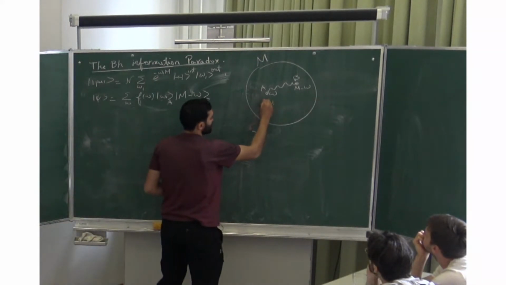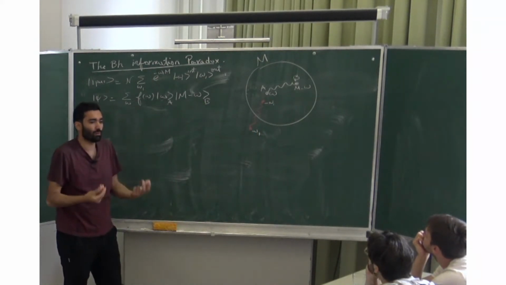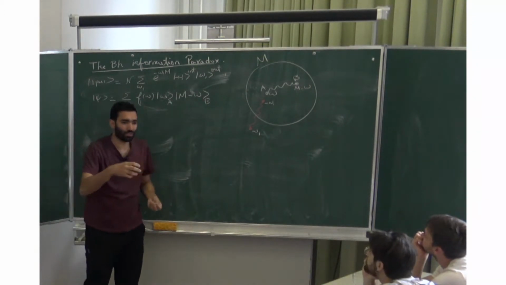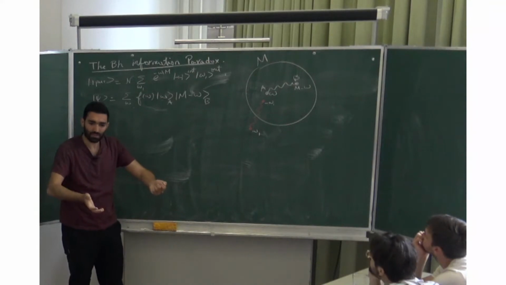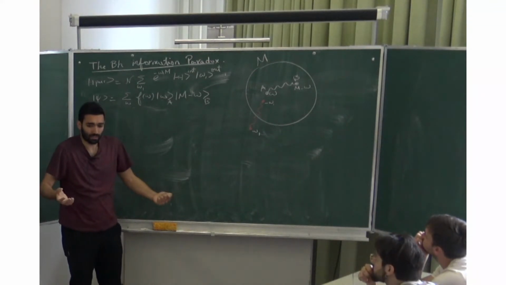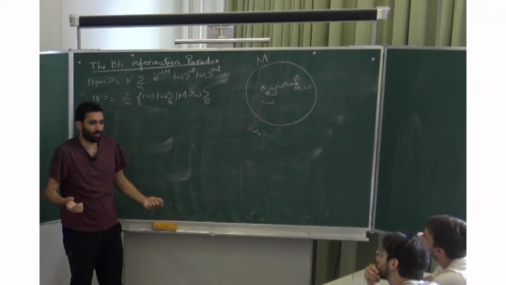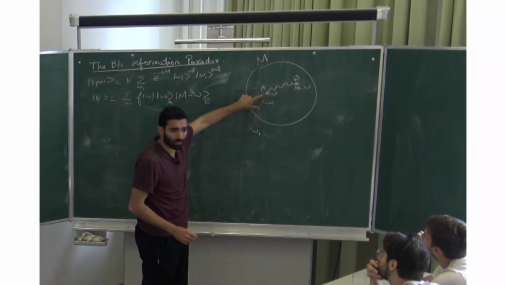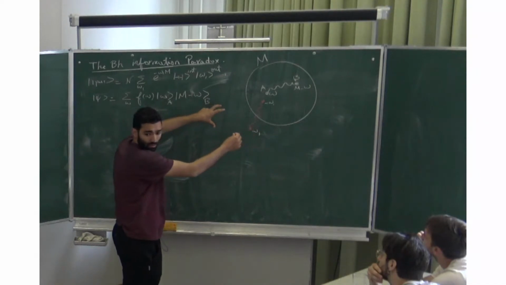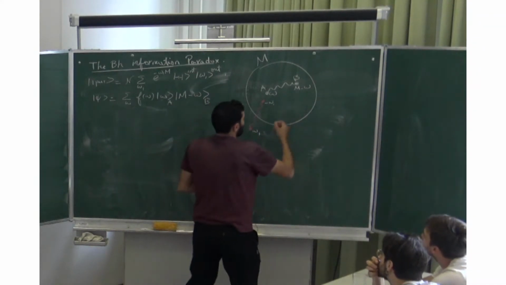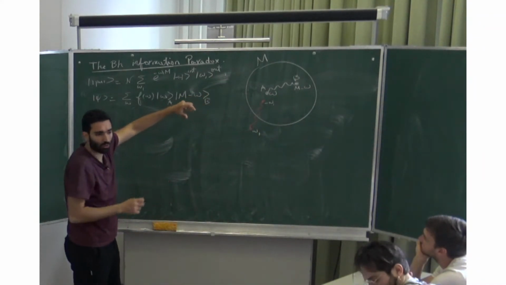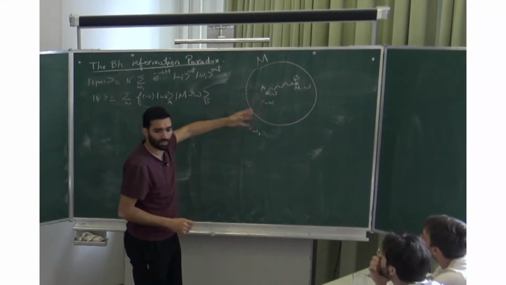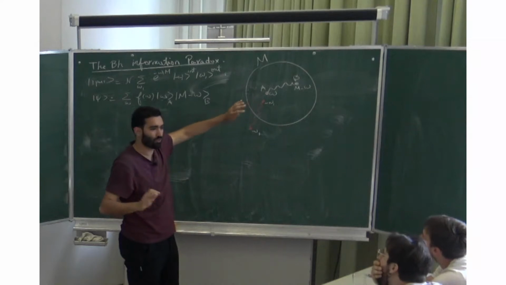Now, what does it mean to evaporate? What it means is that those negative energy particles annihilate with the positive energy particles. If they don't annihilate, if the negative energy particles don't annihilate with the black hole matter, then we will have such a state. Maybe after the full evaporation it will look like zero mass here, but we will actually have all the matter inside. And then there's no information lost.